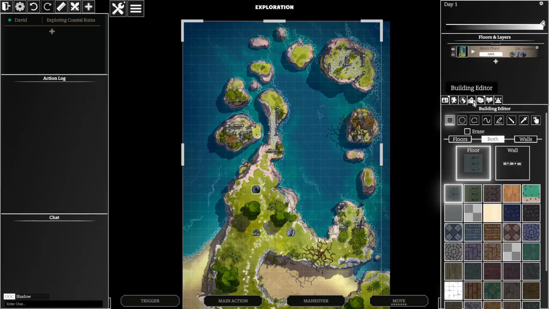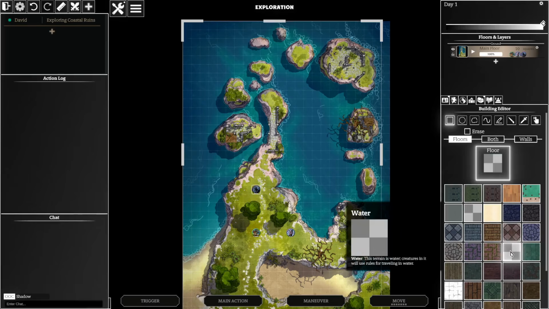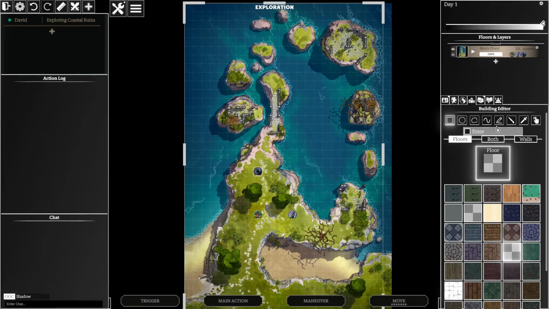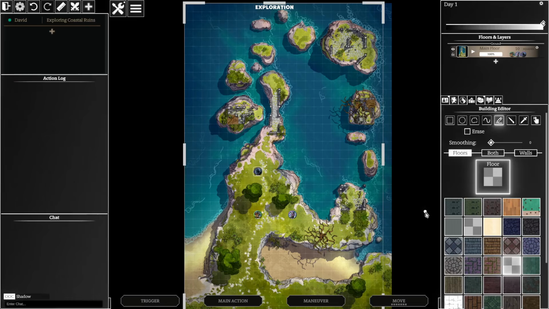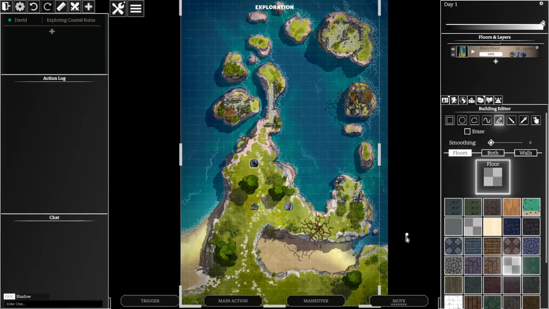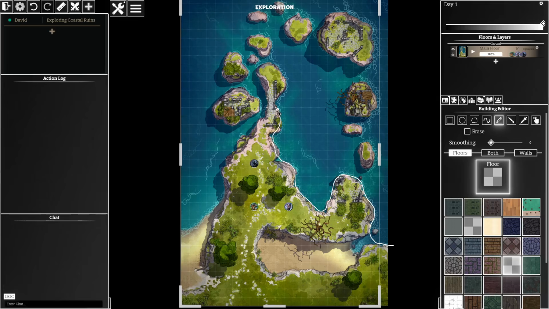And to do that, we go to the building tool and we select our water tile. And I'm going to use what's called the free draw tool to draw around and show the Codex shapes that contain water. So I'm going to be really lazy about this, and I'm going to trace along the coastline. And to start with, I'm going to ignore the islands and just make them all water. So I draw around here,